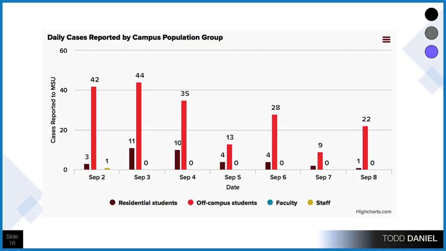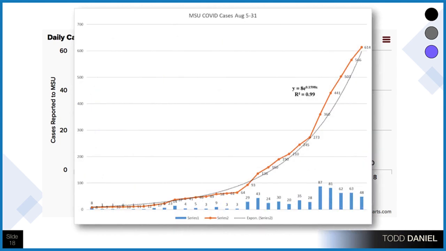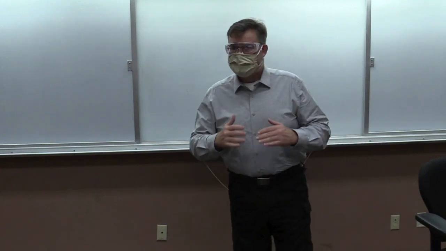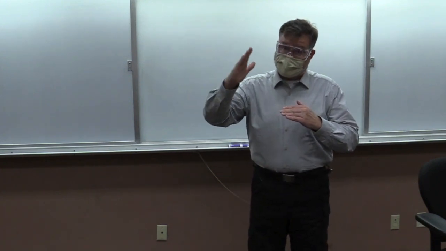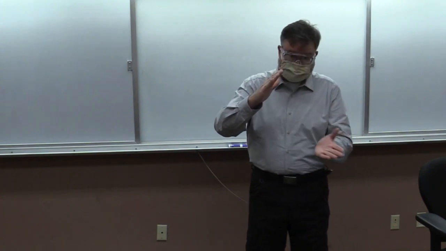Another example that comes from this chart is we start on the left edge, we see the 42, 44, 35, we see that trend, which now looks like it's starting to decrease. However, if we model this using an exponential growth curve, in other words, what we would predict under exponential growth is the dotted line, what we see is that the reality is eclipsing the expectation. In other words, there are more cases than we would expect, and there's a natural inclination called regression toward the mean, that when you are above the mean, you tend to slide back toward the mean. And if you're below the mean, you tend to slide back toward the mean.